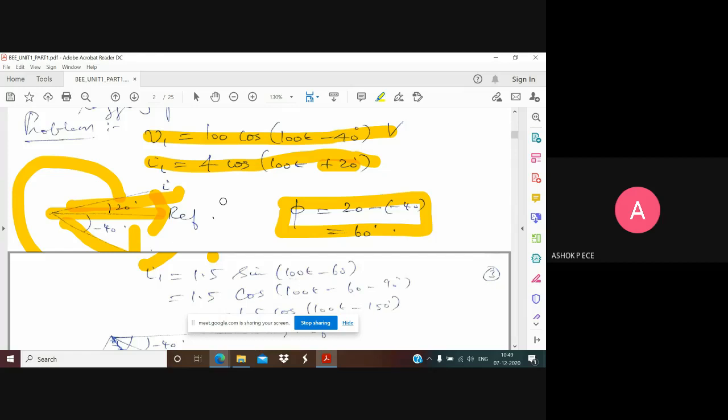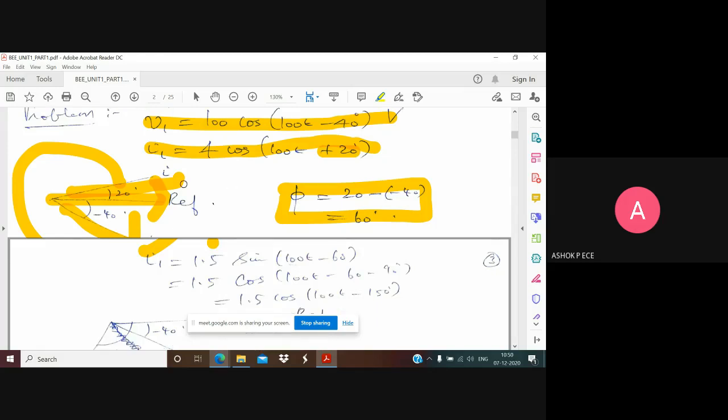So it depends on from which side I'm seeing. If I look from I, the phase angle is 60. If I look from V, the phase angle is minus 60. Are you able to understand? Yes, sir. It depends on which voltage or which current you are going to take as your reference point. So here, if I put 60 degrees as my angle, it means that I am going to measure the phase angle from I to V. From current, I'm going to see how much voltage is shifted away from me.